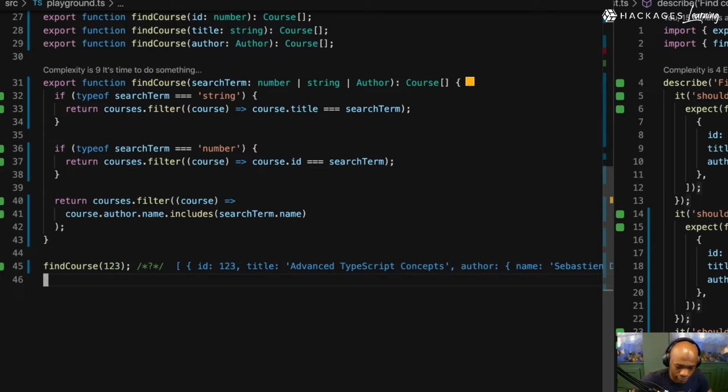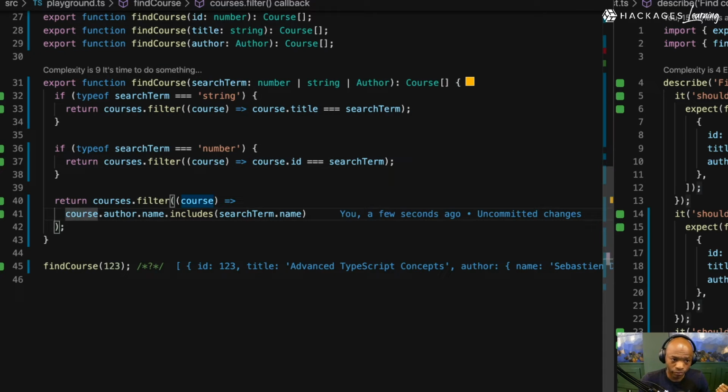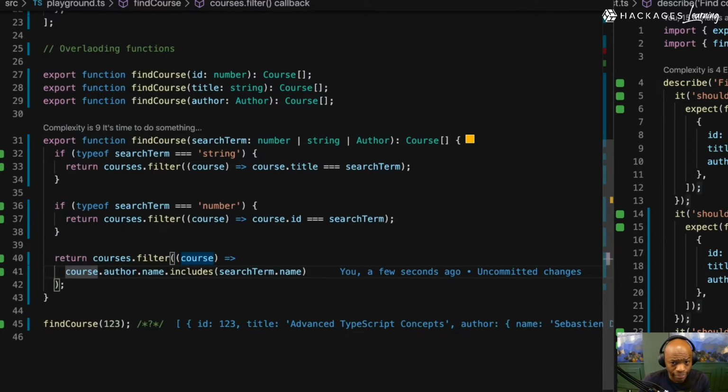Okay, so now how about the fact that here I have 3 implementations, right? This one handles strings, this one handles numbers, and this one handles authors, and all of them return courses. So the first thing I can say, I'm actually going now into